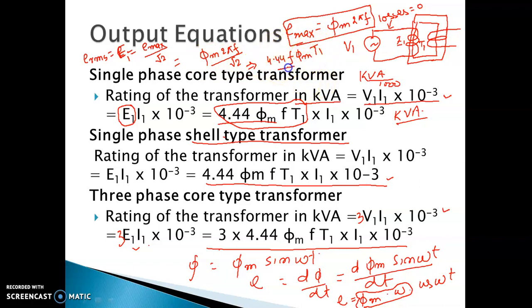So this is the very fundamental equation. The induced EMF of a transformer is 4.44 multiplied by frequency, multiplied by phi m into the number of turns. Okay, next time I will discuss some further design parameters that we can work on, that we'll see in the next